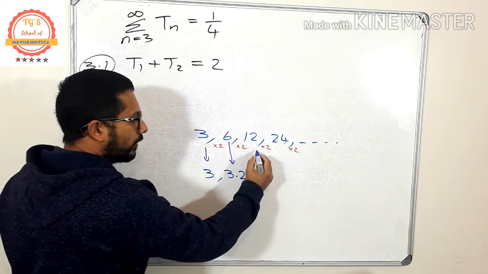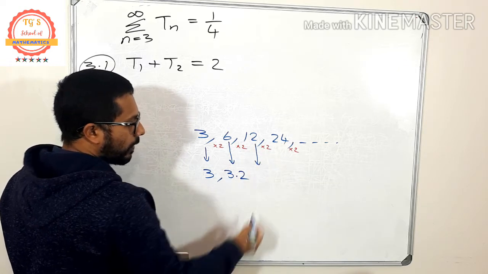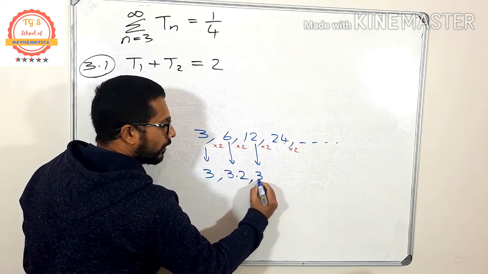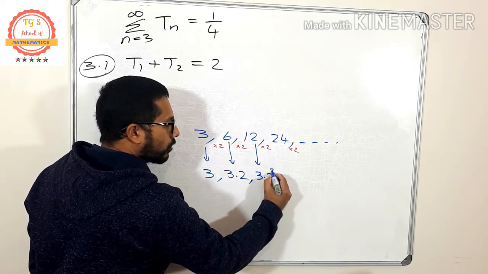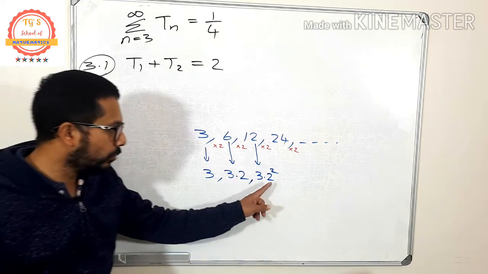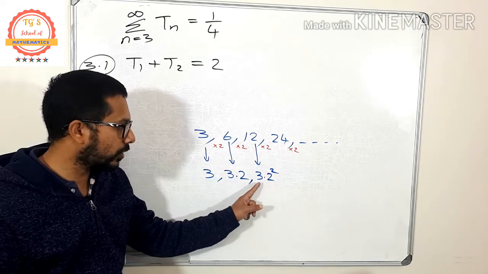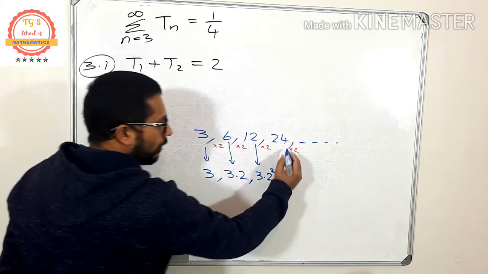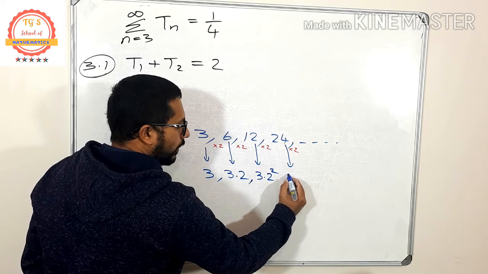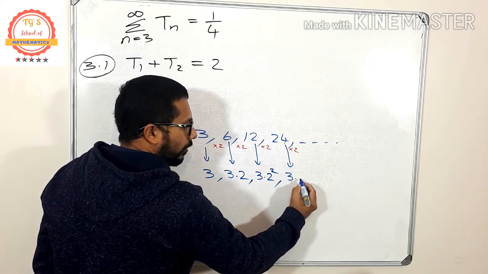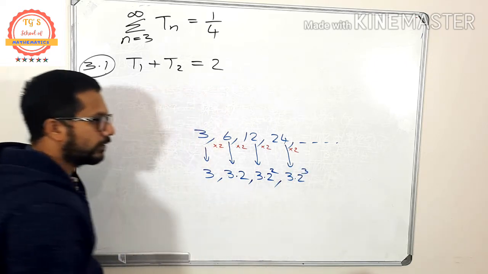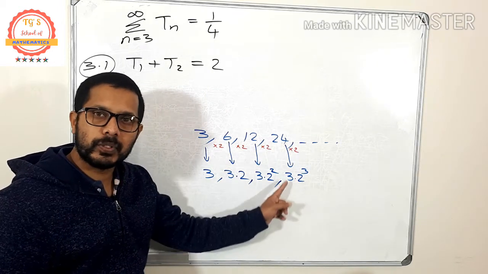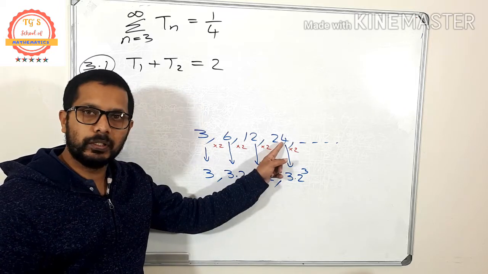Listen, then I will explain once more. What is the third term? I am going to write it like this: 3 times 2 squared. What is 2 squared? 4. 4 times 3 is 12. Is it not our third term? Then the next one, the fourth term, I am going to write like this: 3 times 2 cubed. What is 2 cubed? 8. 8 times 3, 24.